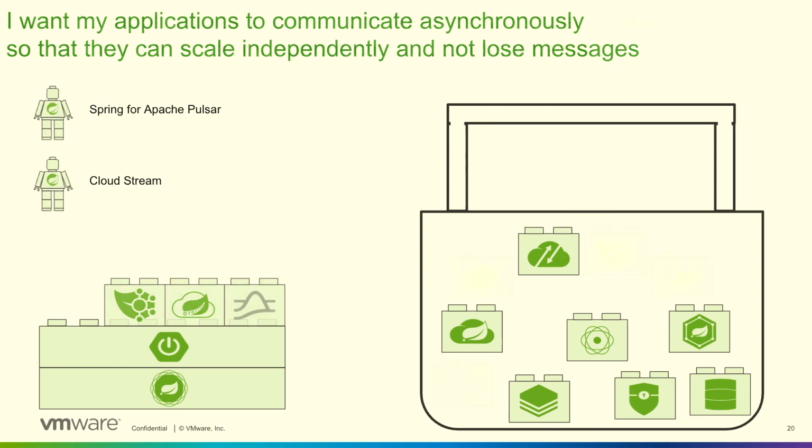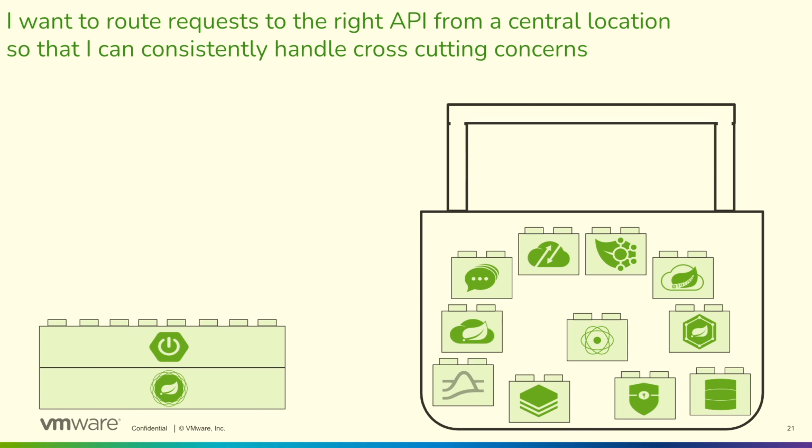Okay? Yeah, let's keep going. So our enterprise is growing again. We have a lot of different APIs now, but some of the stuff that everybody has to do when they call an API is kind of the same. Is there any way that Spring can help me make that easier?